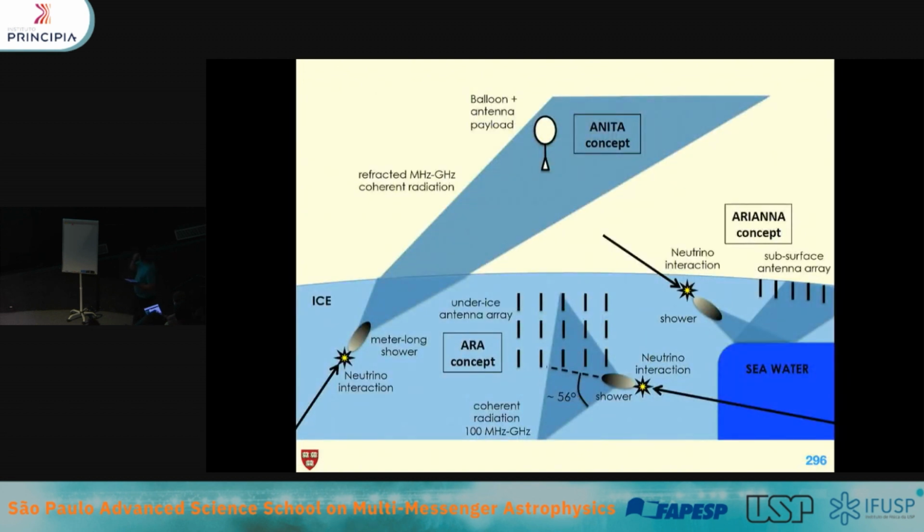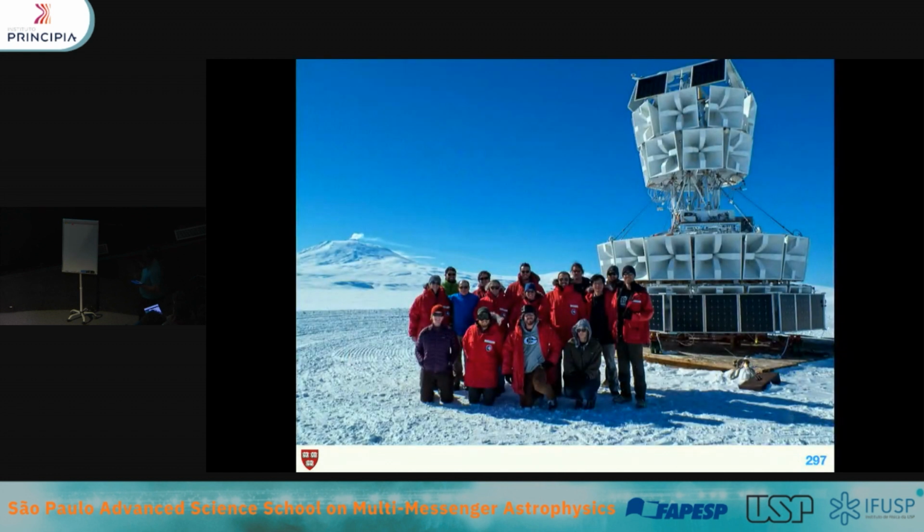And there is an additional neutrino detection mode, which is through radio, and that is actually used for studying neutrinos in the EeV energy range. And that works by the fact that when you have a very high energy neutrino, in this shower, you have radio emission. So that's actually also being developed, and there is already an experiment called ANITA that operated, and ARA that also operated. So this is a picture of ANITA. This is how these radio antennas work. So the idea is that these radio antennas are surveying the Antarctic glacier, and are looking for this radio emission from neutrinos. So far, no conclusive observation of neutrinos has been seen by this technology, but it's very promising.